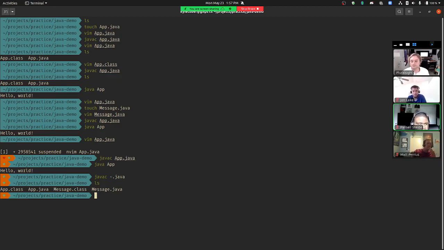The VS Code trick that you posted in the queue earlier just keeps it running. Oh, it does? Like I didn't have to run it again with the new file. Beautiful. Yeah, so it just has that little run and debug in it. So that was a Shift-Alt-B in VS Code. Should continuously recompile your stuff. Can I see your app Java file again? Love to.